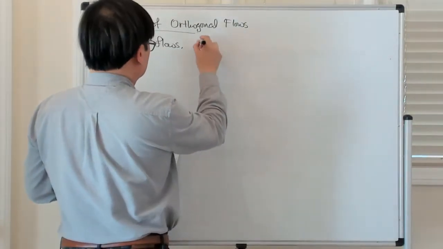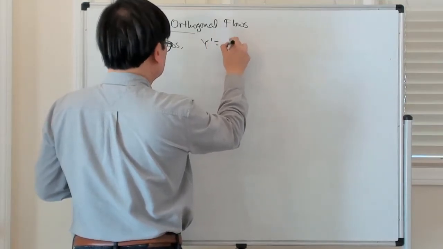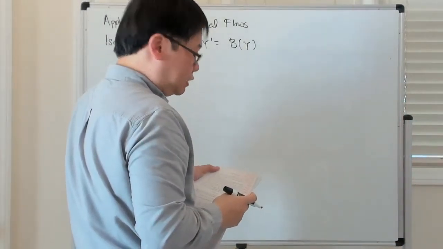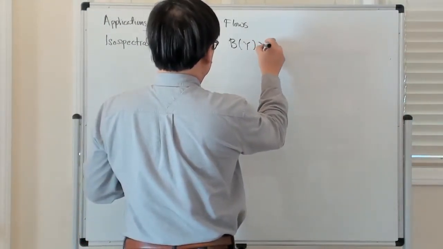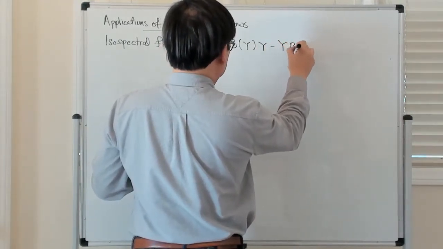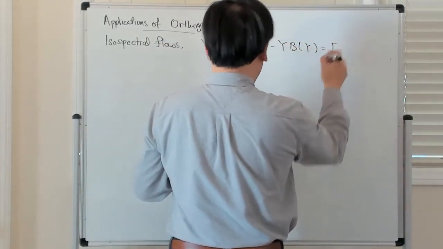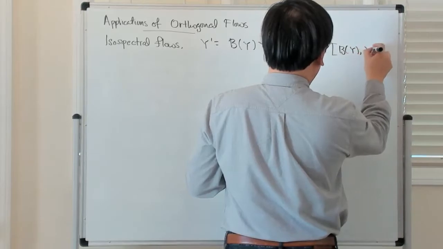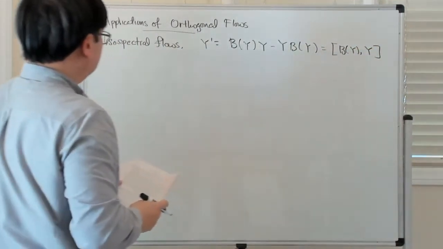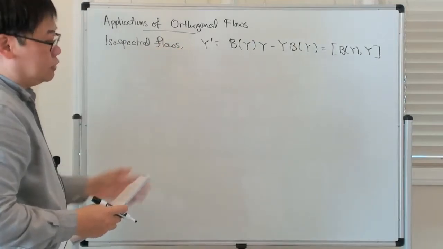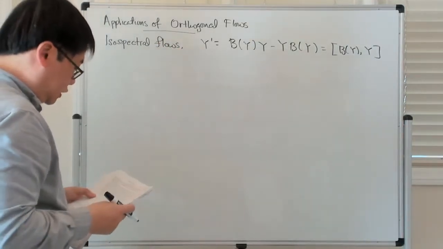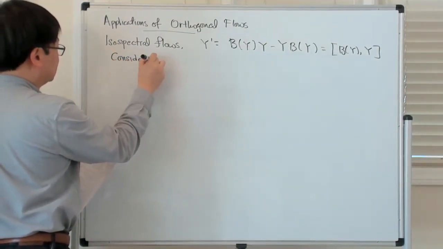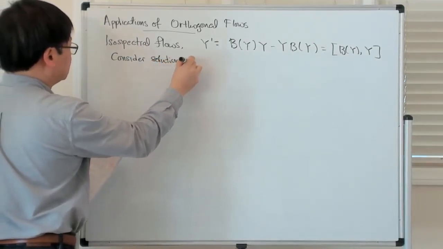You have that y prime is equal to some function B, which maps a matrix to a skew symmetric matrix. You can write this as the matrix commutator of B(y) and y. And if you recall, you could show that the solutions could be written in the following form. So you can end up considering solutions of the form